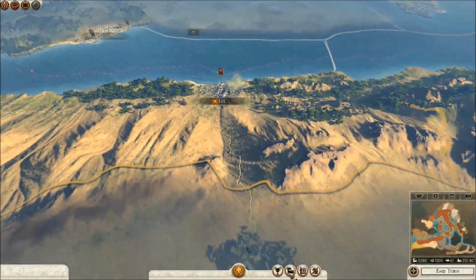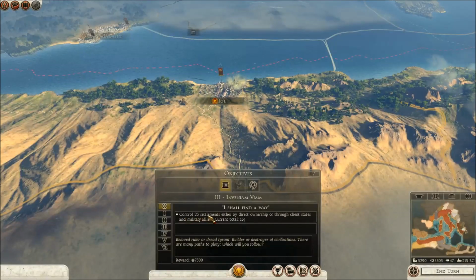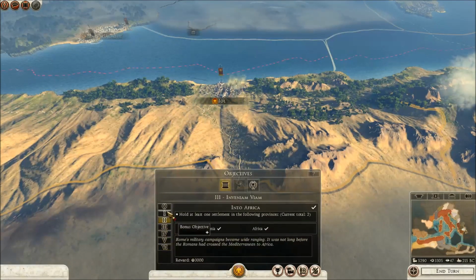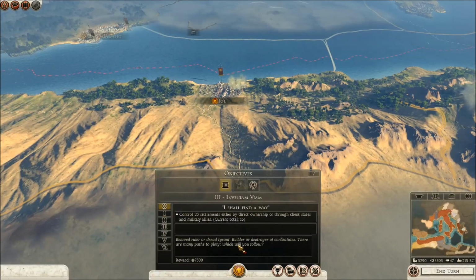Let's see, objectives. You've got an objectives window here. One thing a lot of people haven't noticed is that on your main objectives, right now I'm on one for control 25 settlements, you'll have several sub-objectives here, and so on and so forth. Each one that you complete will increase your reward for completing the main objective. So here, if I complete this, 25 settlements, but I don't do any of these, I'll be rewarded with 75 gold or coin or whatever the proper